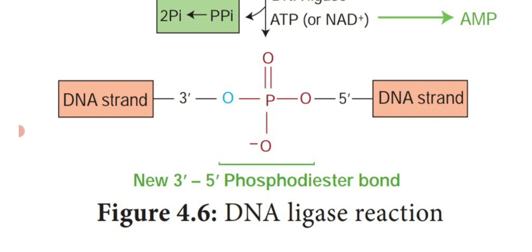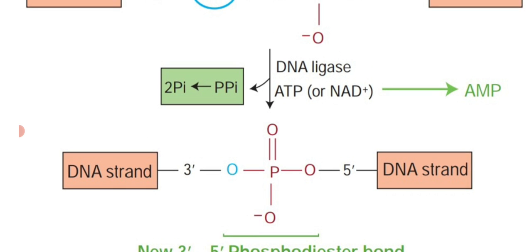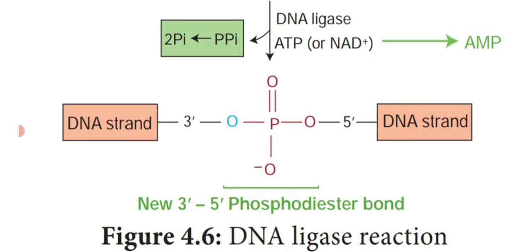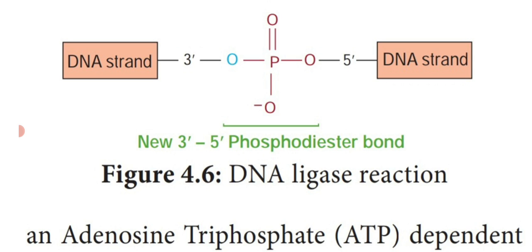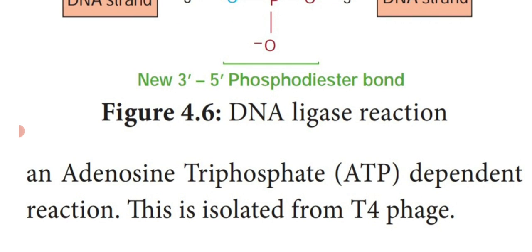So this is the way the enzyme ligase joins the 2 strands of DNA by utilizing energy from ATP, taking 2 inorganic phosphates and converting ATP into AMP. So 2 strands are joined by replacing the hydroxyl group. Between 3' and 5', a phosphodiester bond is produced. That strand is known as the new strand of 3' and 5' with a phosphodiester bond. This is known as the DNA ligase reaction.